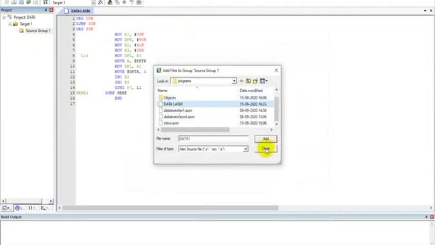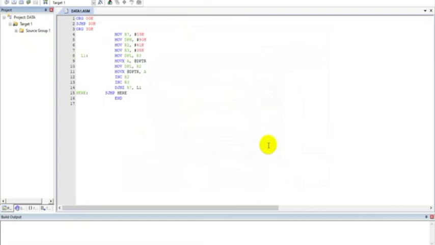So data1.asm and close. So I'll translate, to check for the error and also convert it into binary machine language. As of now, I'm having 0 warning, 0 errors. That's good that we have written the program properly. After that, I'll try to link it with the features of the microcontroller by building it.